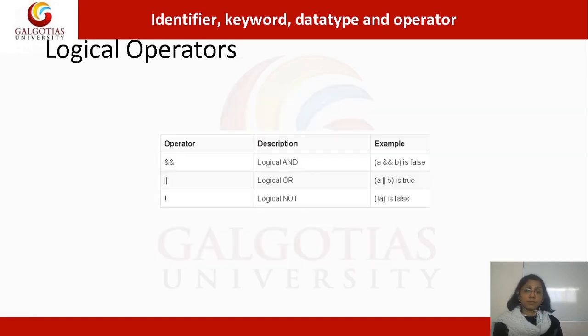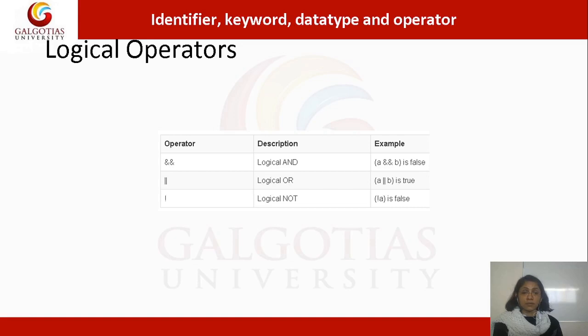Now the logical set of operators are: ampersand ampersand, which represents the logical AND operation. If a is true and b is false, then a AND b is false. For that you need some bits for a as well as b, then you can perform it. An example,